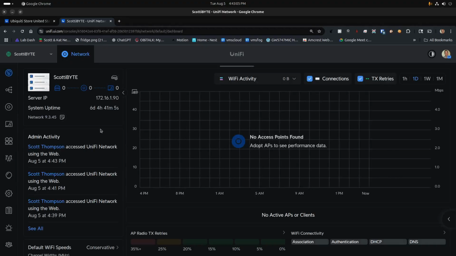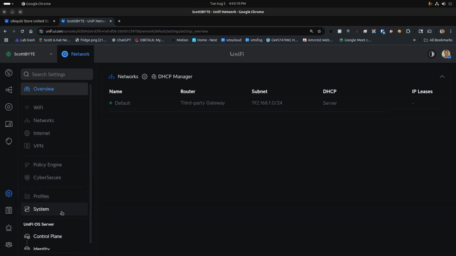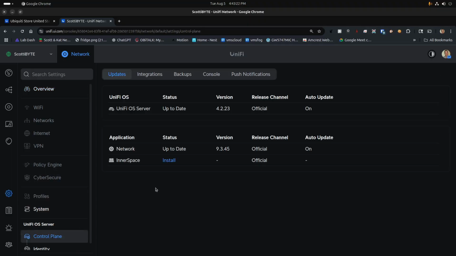If I go ahead and click on the network option in there, it will go ahead and list this with this icon, which indicates that you can manage multiple sites underneath it. And so if I go down to the gear on the Unifi OS server and I go over to the control plane, right now the only things that you can do are manage the server itself, manage the network controller program, and then also Interspace. As of this presentation in early August 2025, they are not yet supporting the ability to do Unifi Protect or